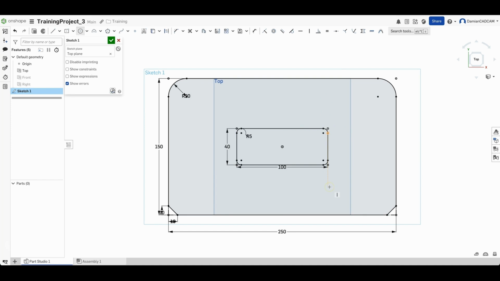This will apply a constraint between the center of the circle or any other geometry you're creating and the previously indicated geometry. And here, for example, I'd like to draw a circle whose center will be at the height of the midpoint of this line or at the height of the origin point of the coordinate system. So I hover over this point and drag the cursor to the left. And now, when this construction line is active and I click the left mouse button to set the position of the center point of the circle